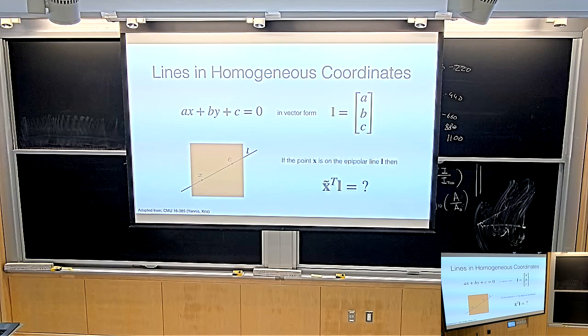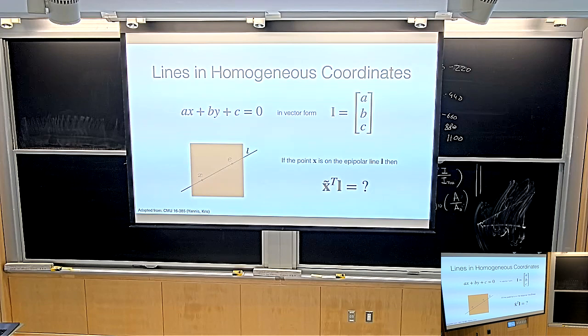Well, it turns out that if you take a homogeneous coordinate, x, y, 1, for instance, some point, and you now take the dot product with the line, what you get, let's say that point would lie on the line, what would it be? It would be 0. If the point doesn't lie on the line, what would you get? Non-zero. Can we be more specific? That's correct. It'll be related to the distance of the point to the line, in fact. If this vector turns out to be normalized in a certain way, it'll be exactly the signed distance of the point to the line, which is basically the orthogonal distance of the point to the line, which is a fun little fact. So you can do math with 2D lines as if they were vectors.